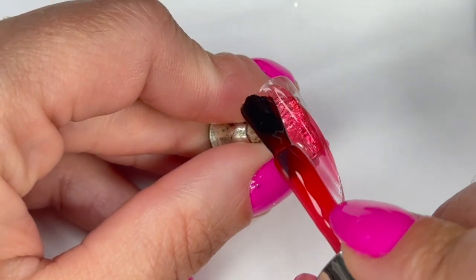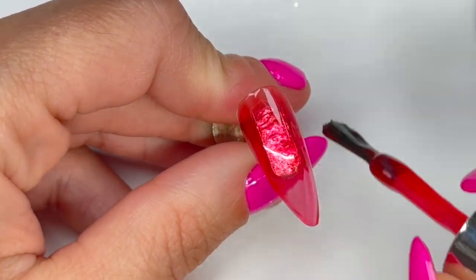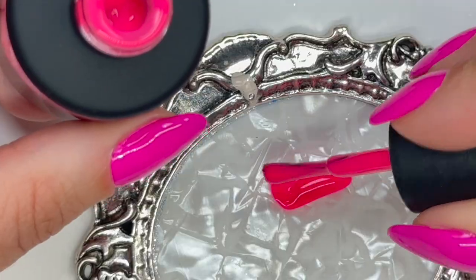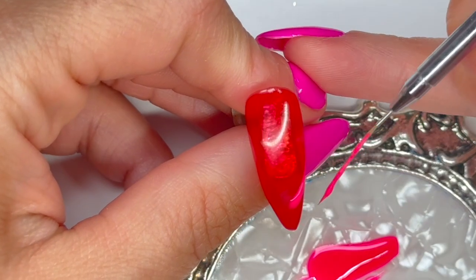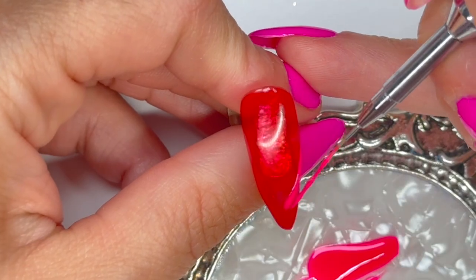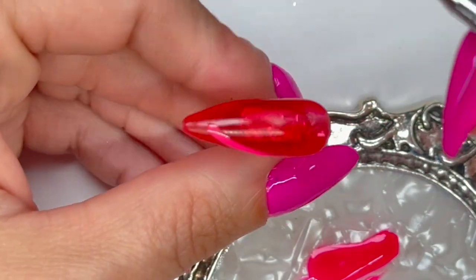For the last look, I'm going to create some sort of cherry look. So I'm going to go in with the red glass gel as my base. Then I'm going to take some of that really bright pink dazzle color, and we're going to do a French tip. So I like to outline my French tip with a long striper brush first,